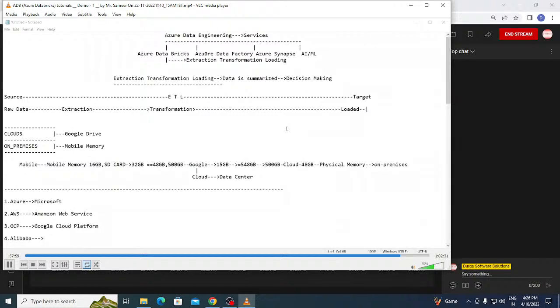Is there any batch for the evening? Right now, no, there is no batch in the evening. We have morning batches only. One batch is there, but it already started 12 to 14 days back. Yeah, 12 classes are already done with that.